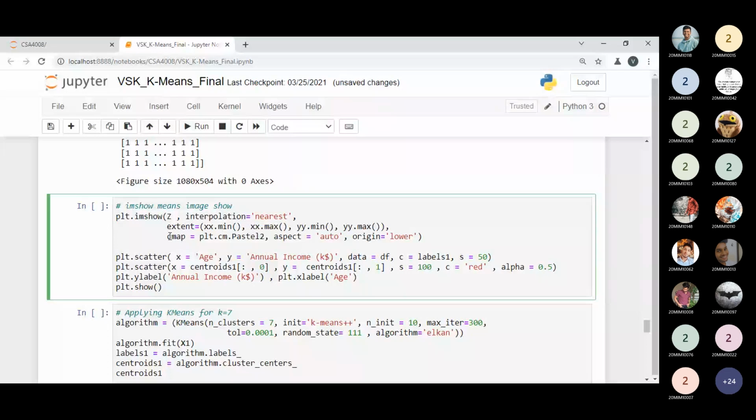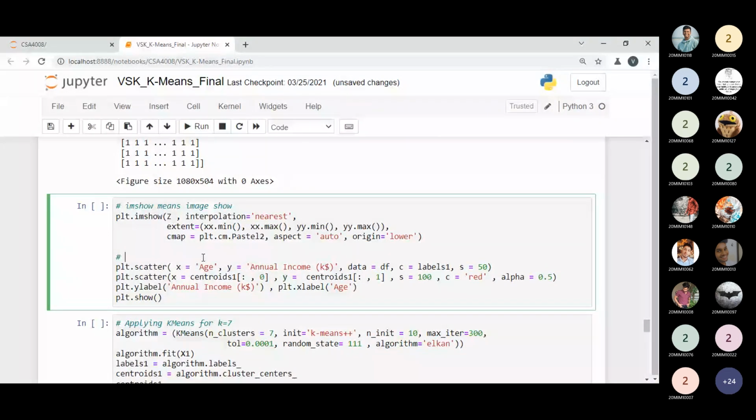So I'm taking plt.cm. PLT is the name of the object of our graph, dot CM. CM is our color map, another object available in the imshow method, and we are passing Pastel2. Other than Pastel2, whatever you want to take, you can take from the various list we have inside the imshow function or imshow method. So Pastel2 I am taking, and for aspect ratio I am taking auto. So aspect of the image. Your image can contain the aspect ratio. Aspect ratio means the size and bits. I can write over here.